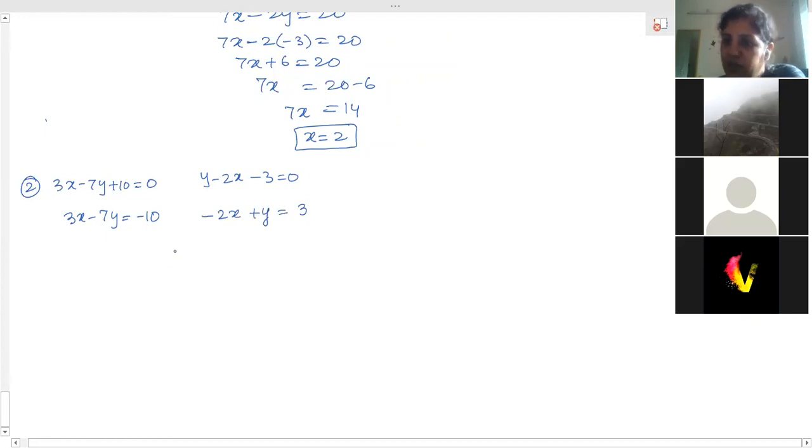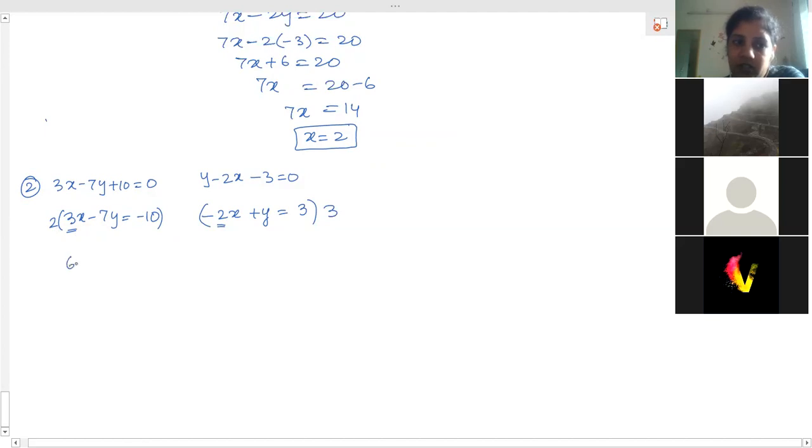Now, for any one of the variables, we have to make the coefficients equal. You can make it x or you can make it y, doesn't matter. So here it is 3 and on this side it is 2. What is the LCM of 3 and 2? 6. With which number do we multiply this equation to make it 6? 2. And this equation? 3. Only 3, don't look at any sign. Leave the sign out, only check the numbers. So it is plus 6 or minus 6, doesn't matter.